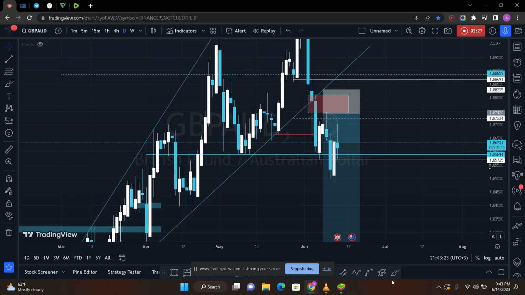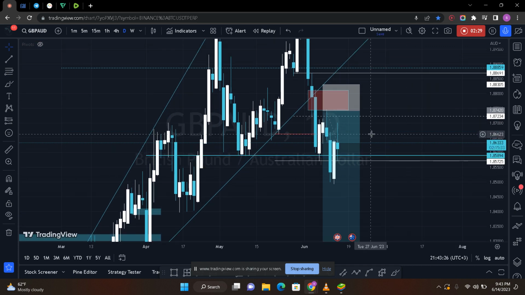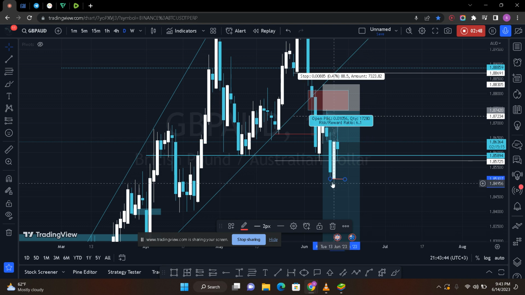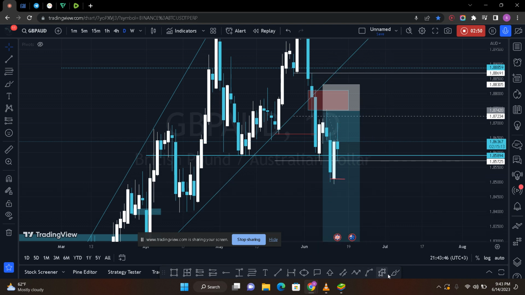So yesterday, price opened right here. Yesterday was Tuesday. So this was the open, and price opened there and started to go lower. So